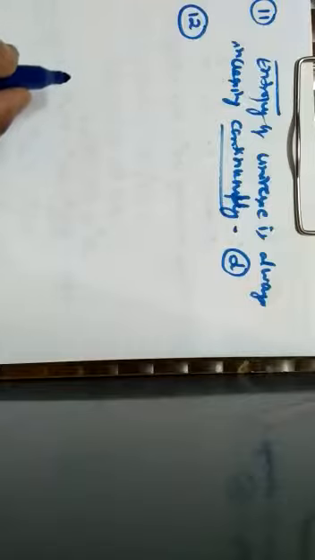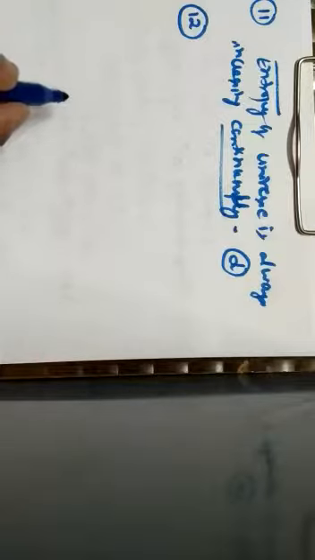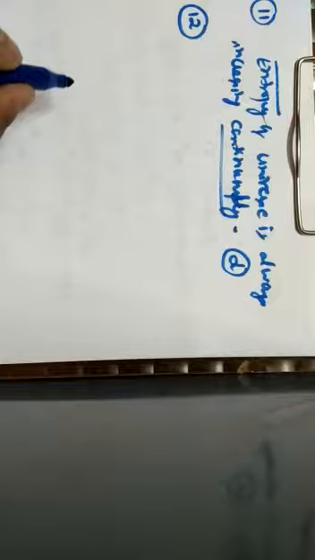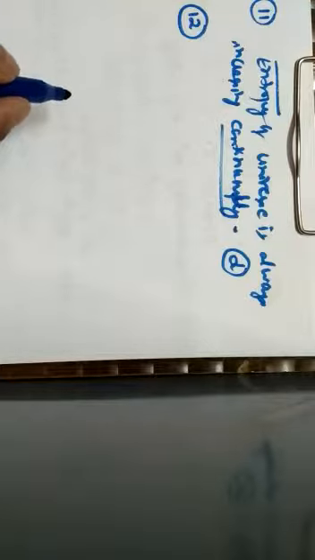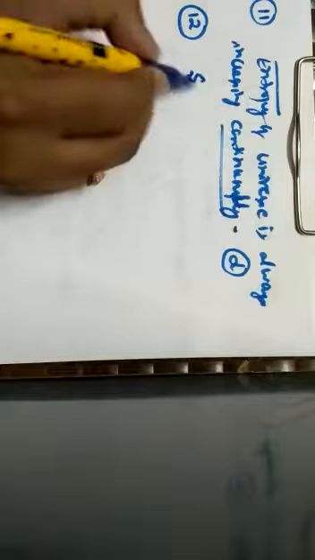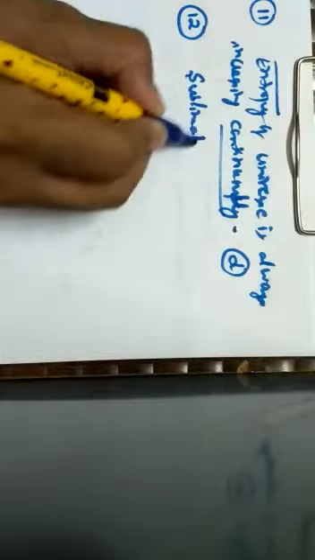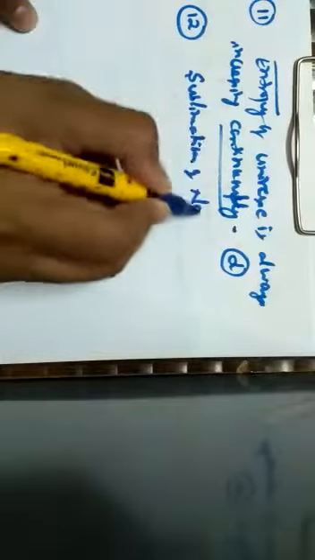Next one, question number 12. Question number 12 tells that in which of the following processes a maximum increase in entropy is observed: melting of ice, sublimation of naphthalene, condensation of water, dissolution of gas in water. So here increase in entropy means increase in randomness. The randomness gets increased in sublimation of naphthalene. A question arises, why sublimation of naphthalene?